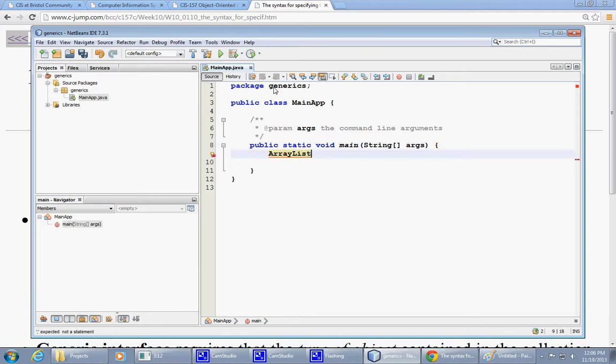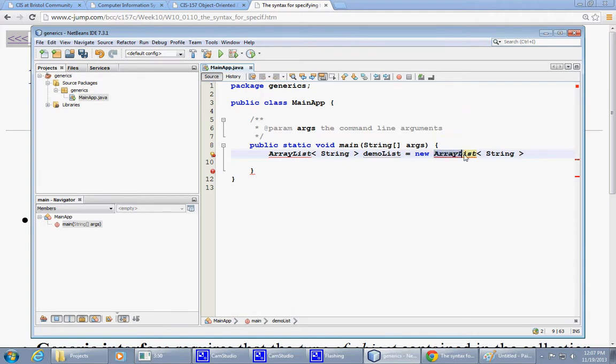I have to specify ArrayList of what. String is a very easy example, so let's use String as an example. You have to specify the type of element to be stored inside, and we can call it demoList, something like that. And we have to say new, and we have to repeat this. So it's a little routine and a little boring, but